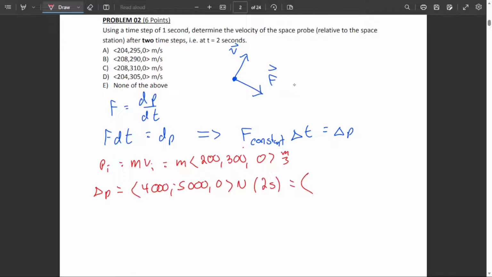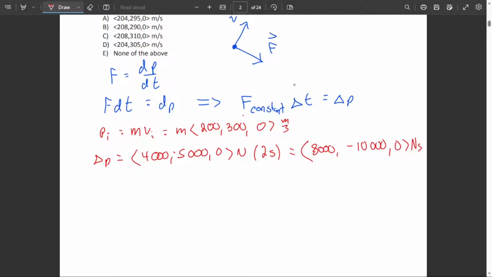Or it is 8,000, minus 10,000, 0 Newton seconds. So our final momentum is going to be equal to the initial plus the change,